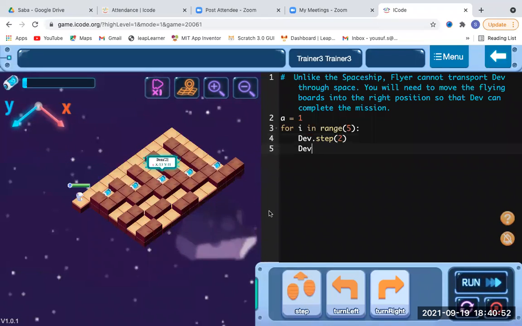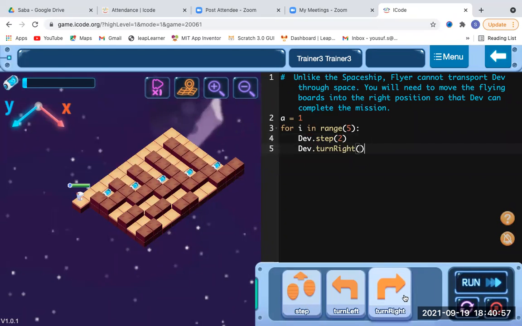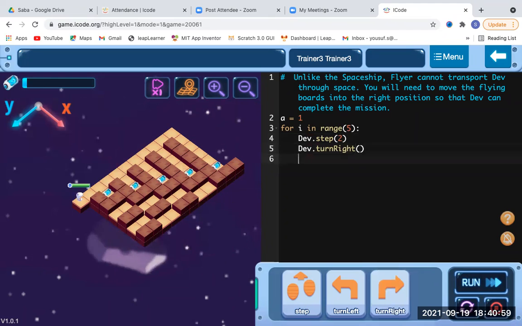Okay. Dave has turned right itself. Okay, now after that, again, what he has to do: once he turns right, he has to move one step forward, and then we can range it, means loop it down. Simple. Yeah, exactly. Good, guys, very good.